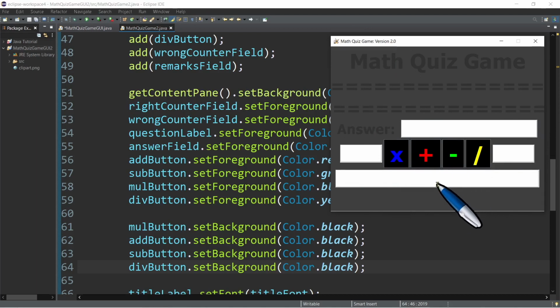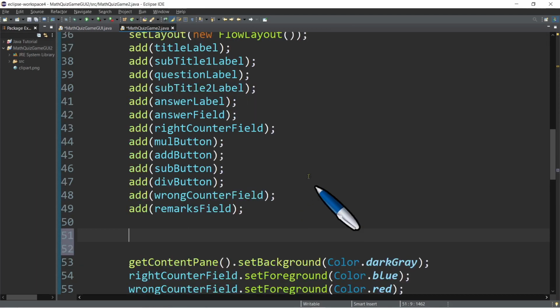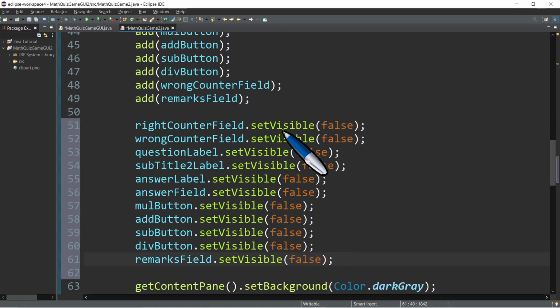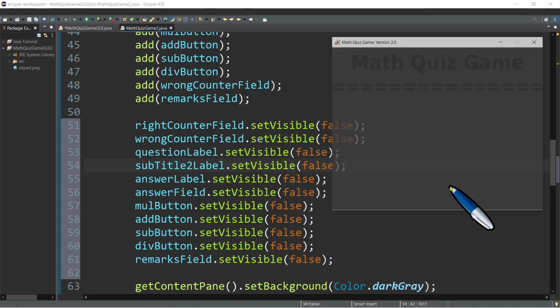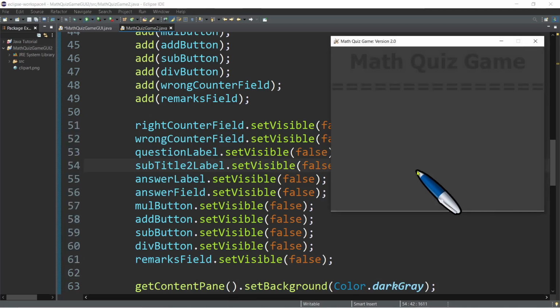So how are we going to do that? If you want to hide some of the GUI components, that is possible by using the setVisible method of the JFrame class, and then set it to false. For example, for the right counter field, the wrong counter field, the question label, the subtitle two label, and the answer label. After typing this code, as you can see, if we run now,